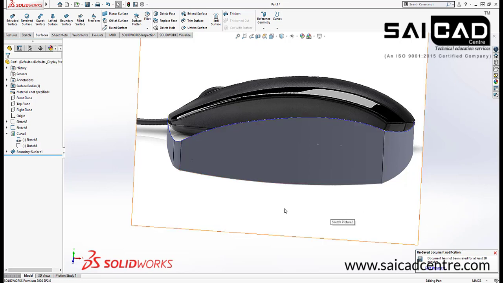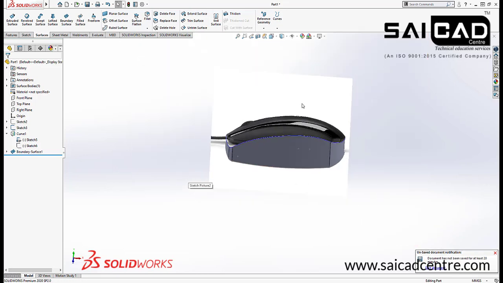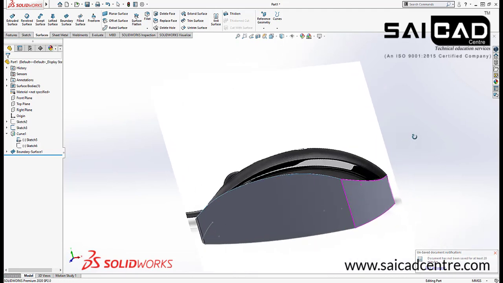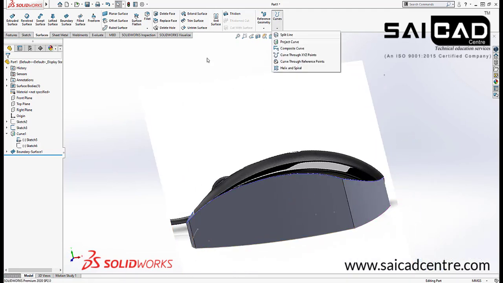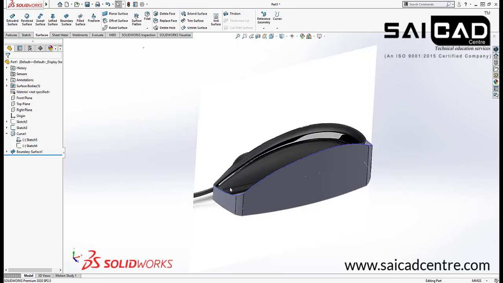So right now I will just move on to the next. This was only to show you how we can use the project curve and how we can create a composite, a mixed curve, a 3D curve with the help of two reference curves. So moving to the next shape,